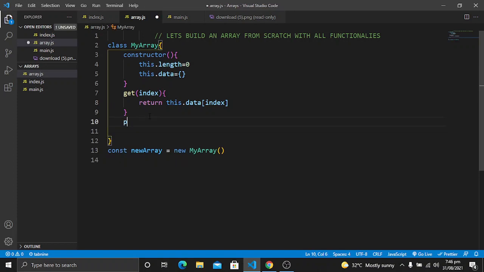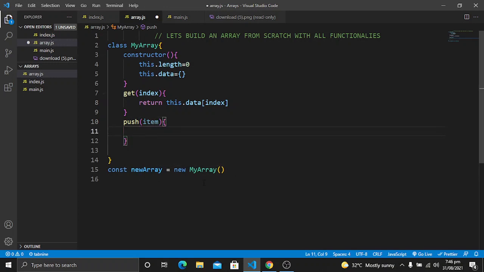So first of all, let's create a push method. This push method will receive an item as an argument. When we call this method here, we will pass the item which we want to push into the array.